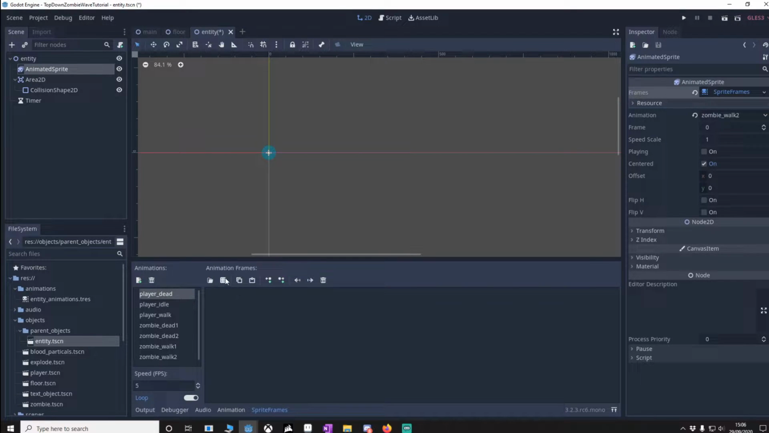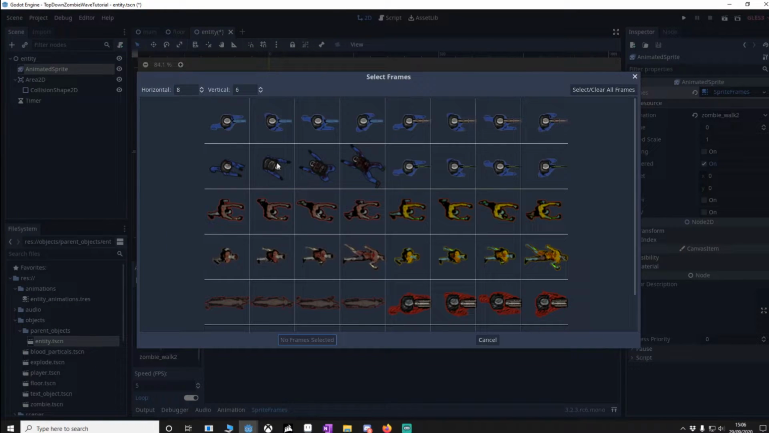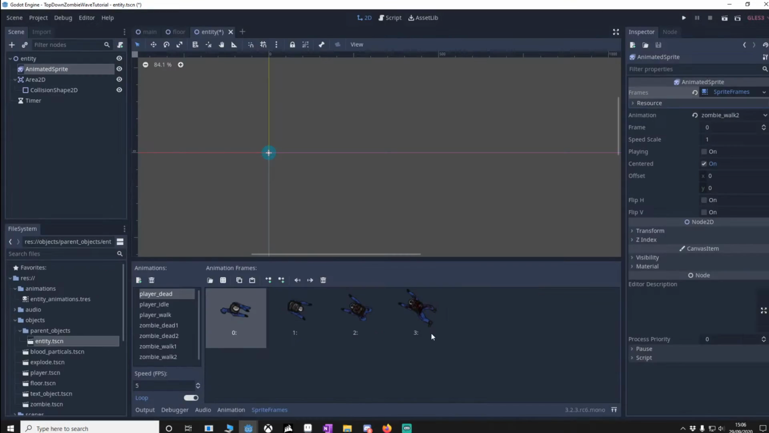Let's put in our animation. So we're going to go to here, which is opening a sprite sheet. I've got a sprite sheet here with all our zombie and player animations. Double click on that, and you'll notice we're on dead. So let's select these, add the frames,